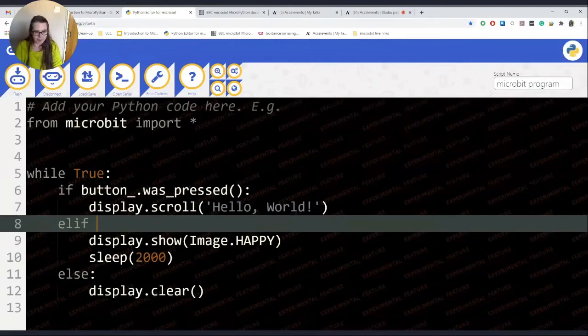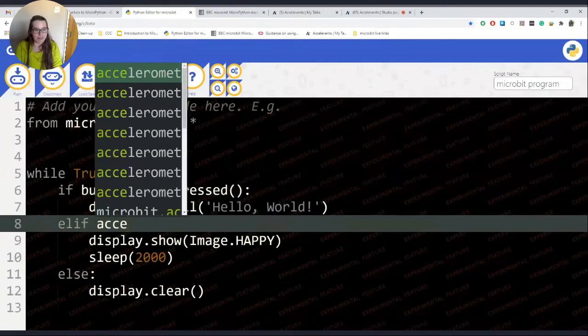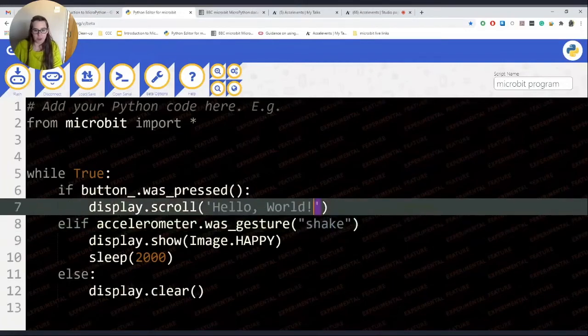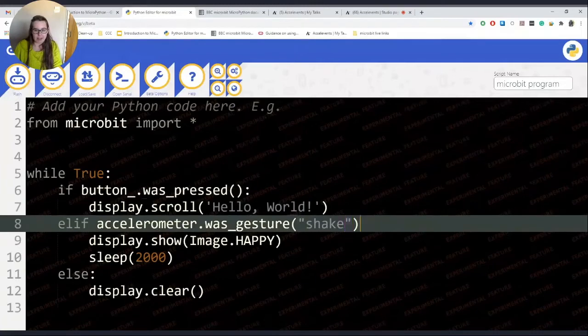So I'm using elif for now, but I'm going to say if the accelerometer dot was gesture, and then we have to put the name of the gesture in speech marks or apostrophes. They're interchangeable. So I've got apostrophes here and I've got speech marks here, but it all works the same.